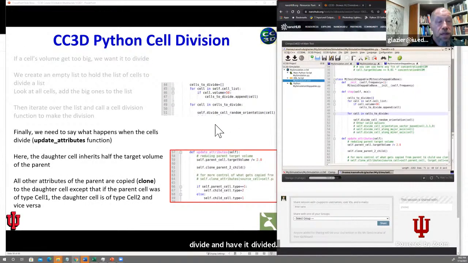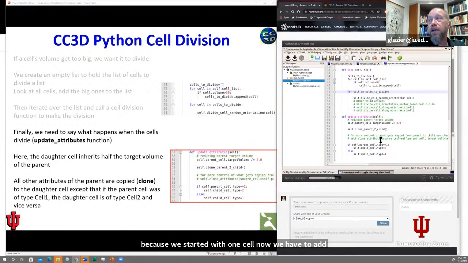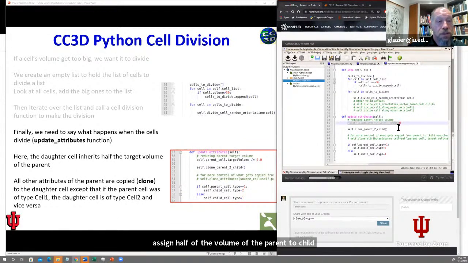Once the cell divides, it has to decide what to do, because we started with 1 cell, now we have 2, and we have a function called update attributes that tells how space is divided between the parent and the daughter cell, and what attributes the daughter cell has that are the same or different from its parent. And so here we have a function, update attributes. We assign half of the volume of the parent to the child, so the 2 daughter cells have equal sizes. We say that all of the properties of the child cell are the same as the parent. We clone the parent onto the child,